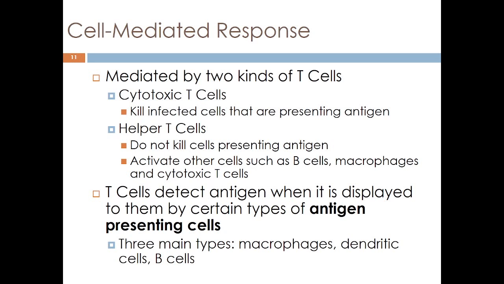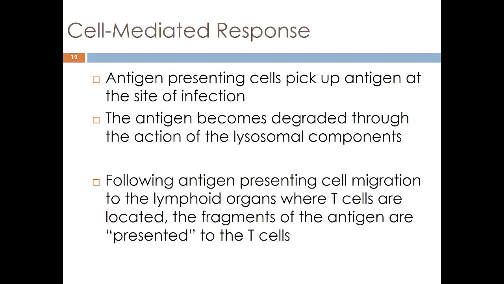Antigen presentation is done by a number of different phagocytic cells, like we talked about last time. Macrophages, dendritic cells, even B cells in some cases, will be at the sites of infection in the innate immune response, engulfing different bacteria, digesting them, and then migrating away to the sites where our T cells are present, and then they just stick out this little signal and show them a little piece of it. That's how these cells get activated. Once one of these T cells sees the antigen and recognizes it,